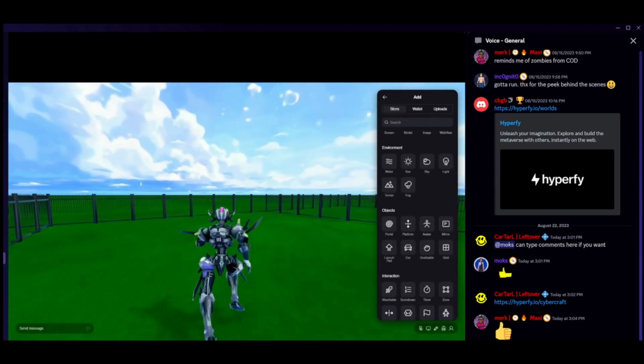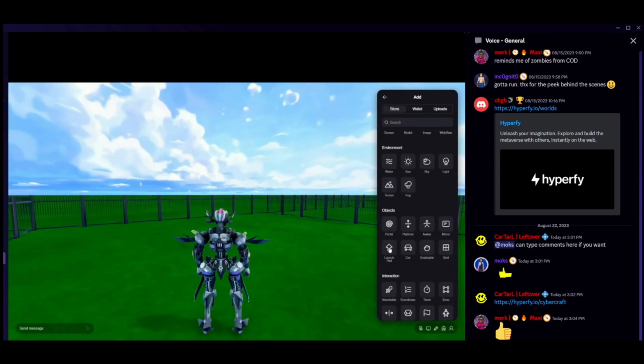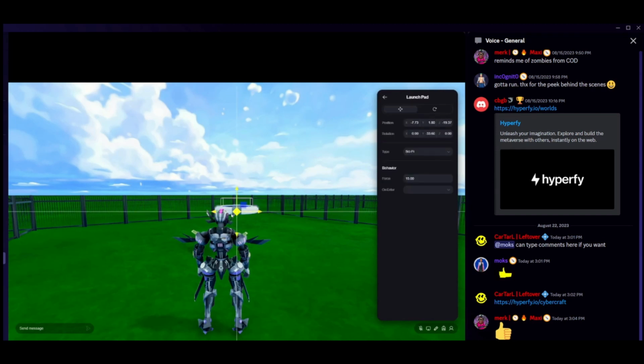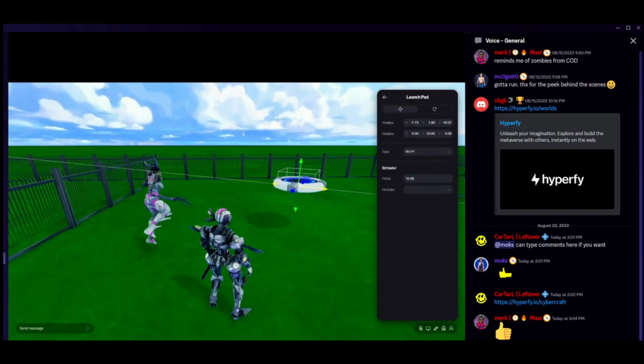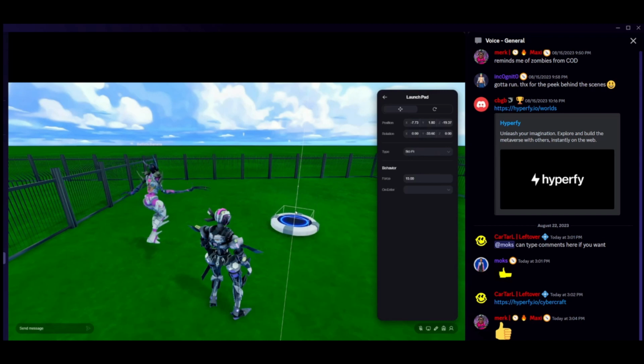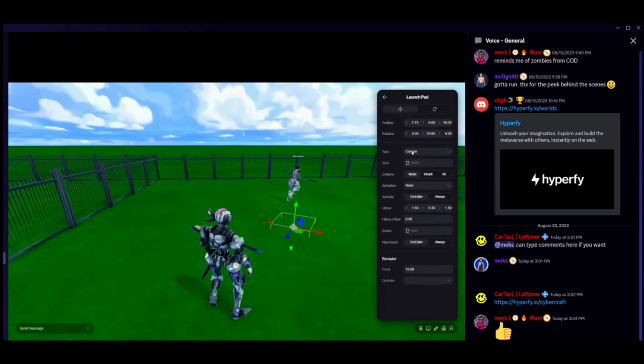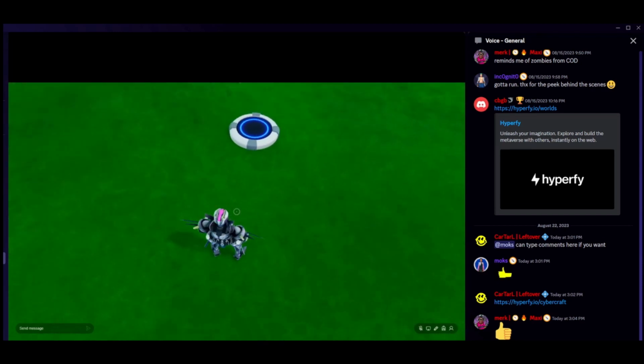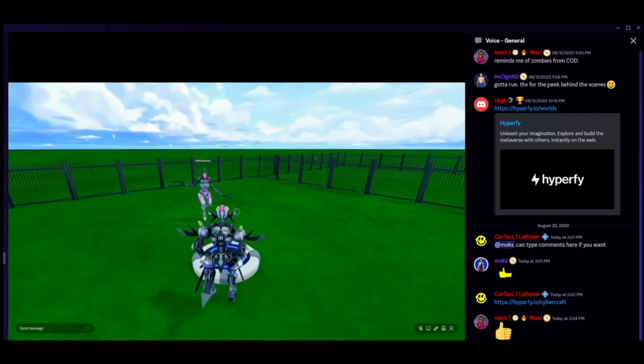So I'm going to put a launch pad in here. Okay. And I put it down on the ground. And you can pick different styles, so I could completely change that if I want. Okay, but if I now go jump on it,